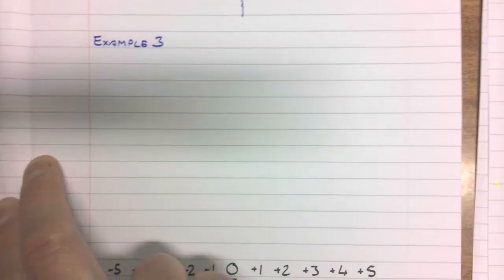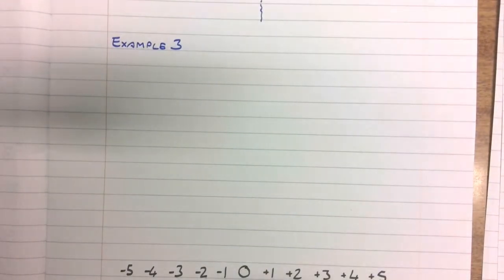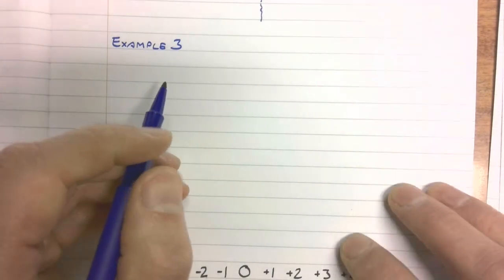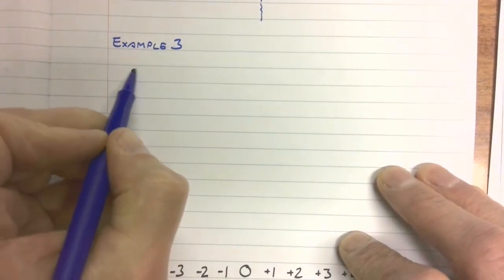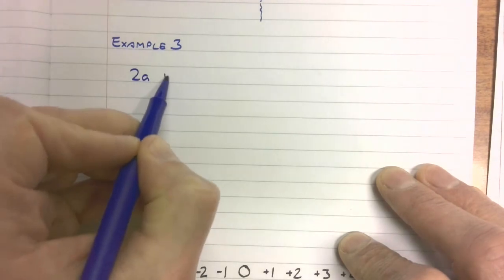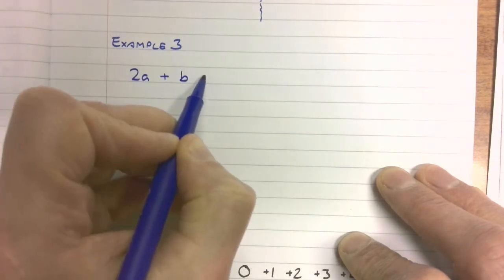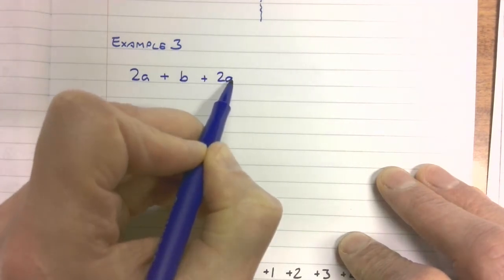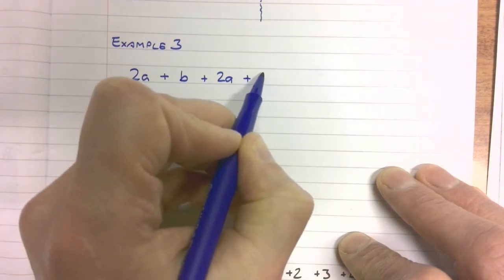Now we're going to go to the next example. It's a little bit more involved. Now we're going to have A's and B's at the same time. Okay, so we've got 2 A's, we're going to add a B, going to add some more A's and some more B's. Okay,